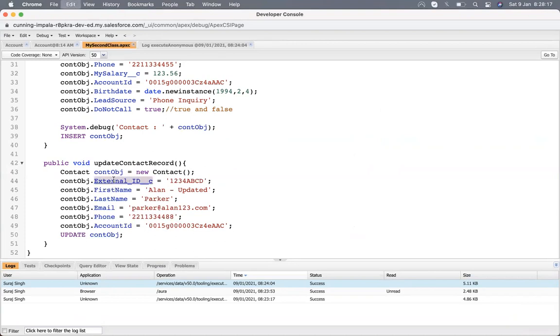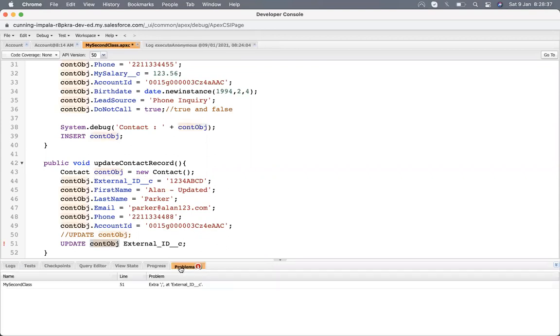When we are updating on the basis of external ID, a small change I need to make up here: I commented that out, and then I have to put that external ID field up here. It tells Salesforce, while performing an update operation, that it has to check that field.